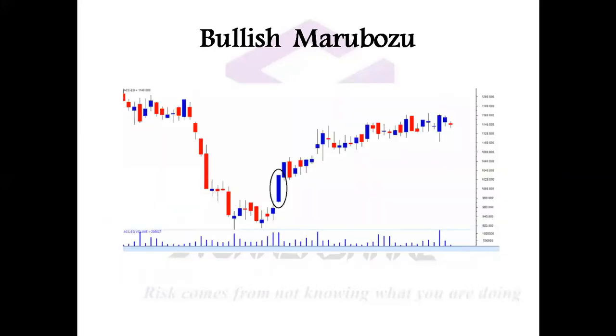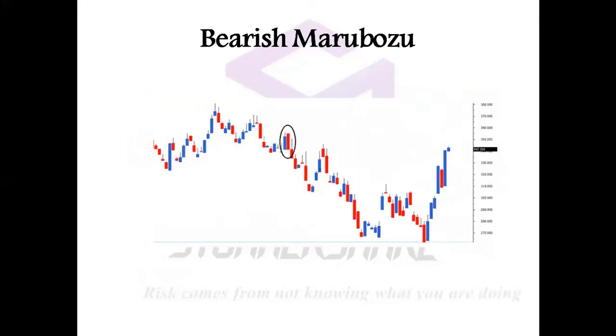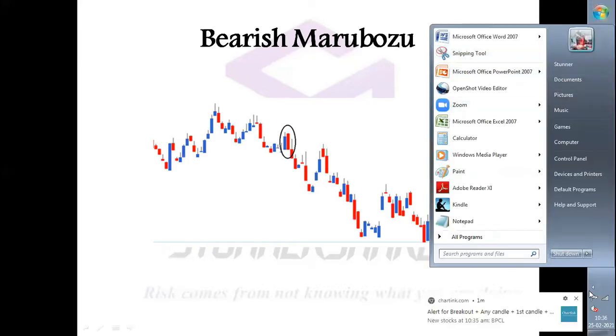So this is the bullish Marubozu candle, the highlighted part, this part is the Marubozu candle, and this is the bearish Marubozu candle, which I have explained over here, and this particular red candle is the bearish Marubozu candle. Clear? And now let me tell you something. Okay, let me write the screener for you guys, so that will be helpful for you.